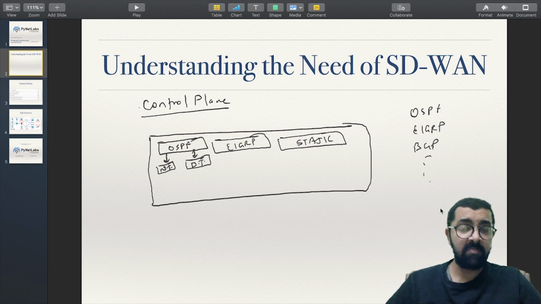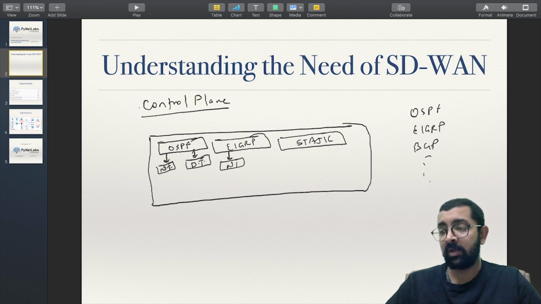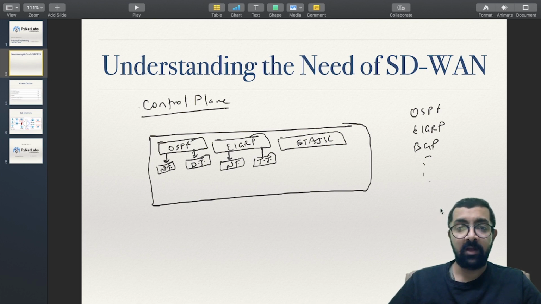Okay, and in neighbor table it will keep the information of who it's neighbor with, and the database table is going to keep the information of all the routes that have been received from its neighbor. And then if we talk about EIGRP, it also maintains a neighbor table, and it also maintains something called topology table, which is equivalent to the database table of the OSPF. And it keeps all the information about the routes that it has received from the neighbors inside of that topology